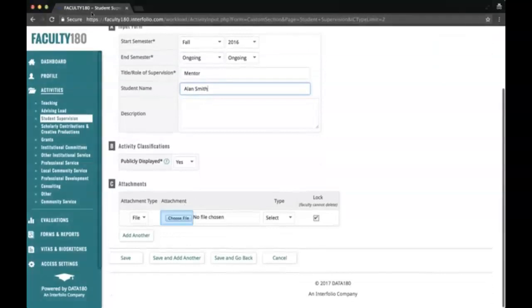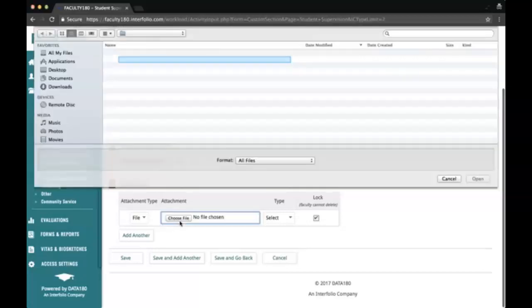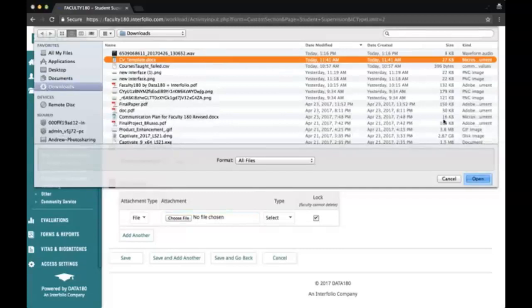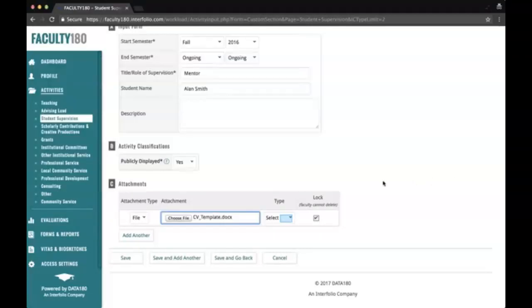If activated by your institution, you may have an attachments form at the bottom. Here, you can attach documents or URLs for your activity inputs. When you are done entering all of the necessary information, click Save and go back at the bottom of the